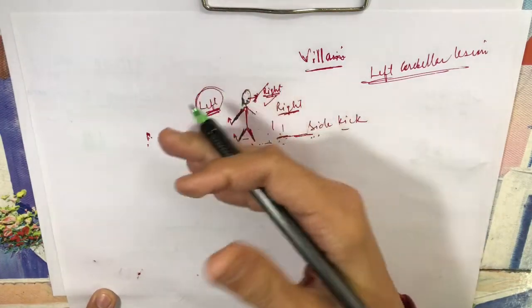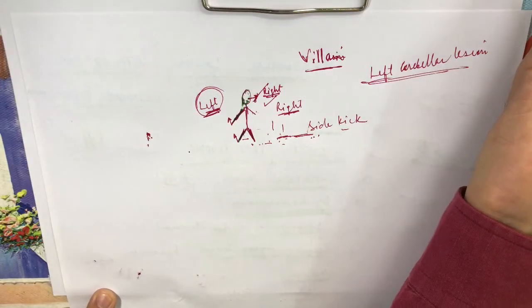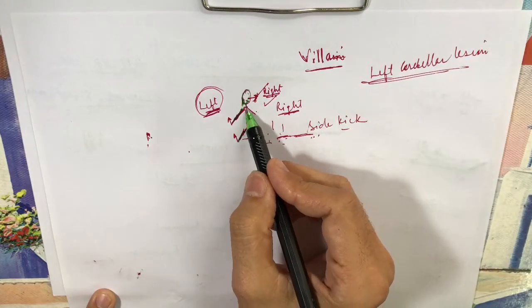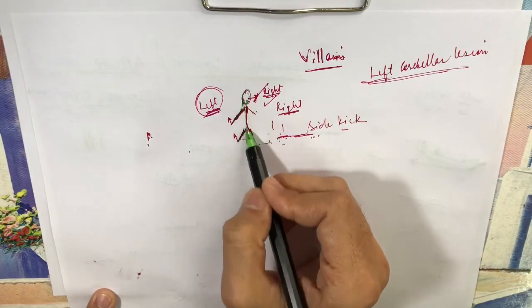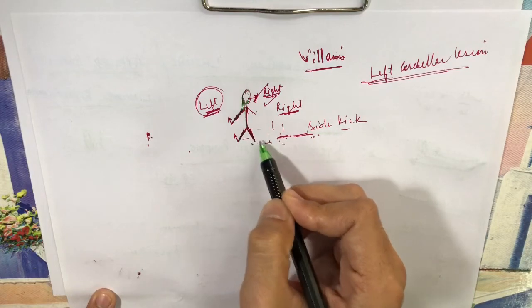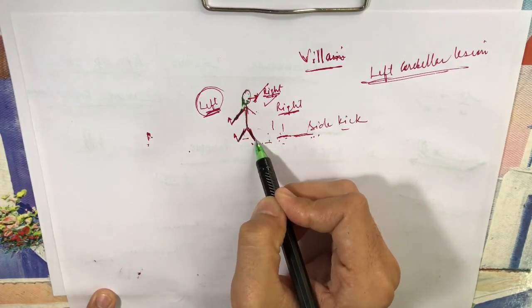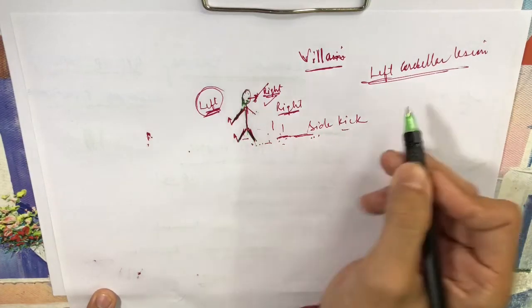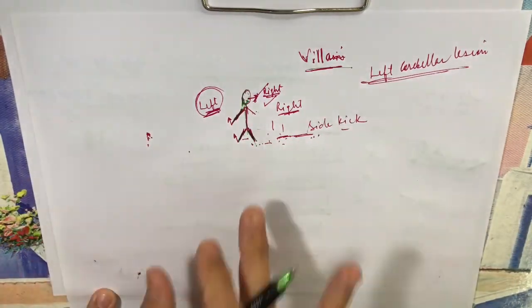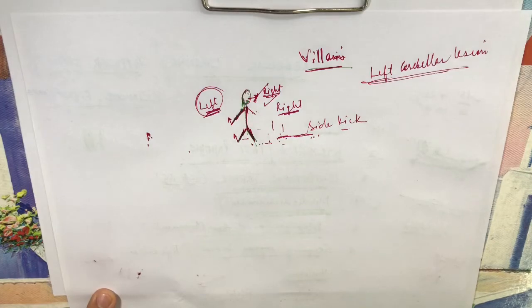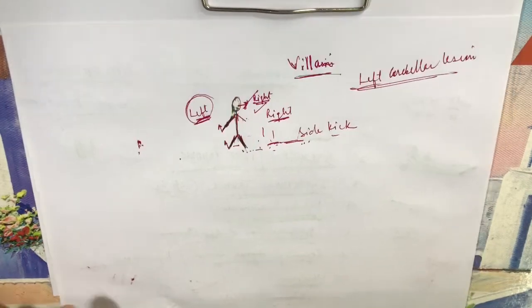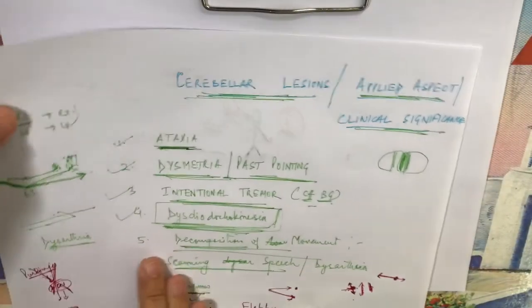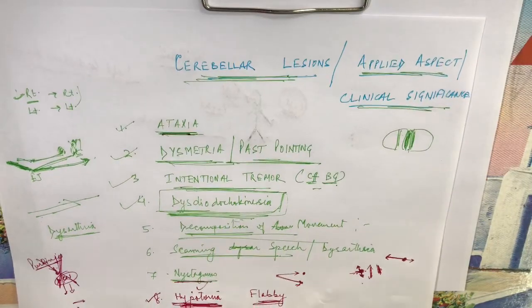So, it will be abducted and externally rotated, and what will happen to the weight of the body? The weight of the entire body will be transferred to the right lower limb. So, he will be standing on the right leg. That is how this hypotonia will happen. Okay. Now, all these functions we have covered, the ataxia, dysmetria, right,